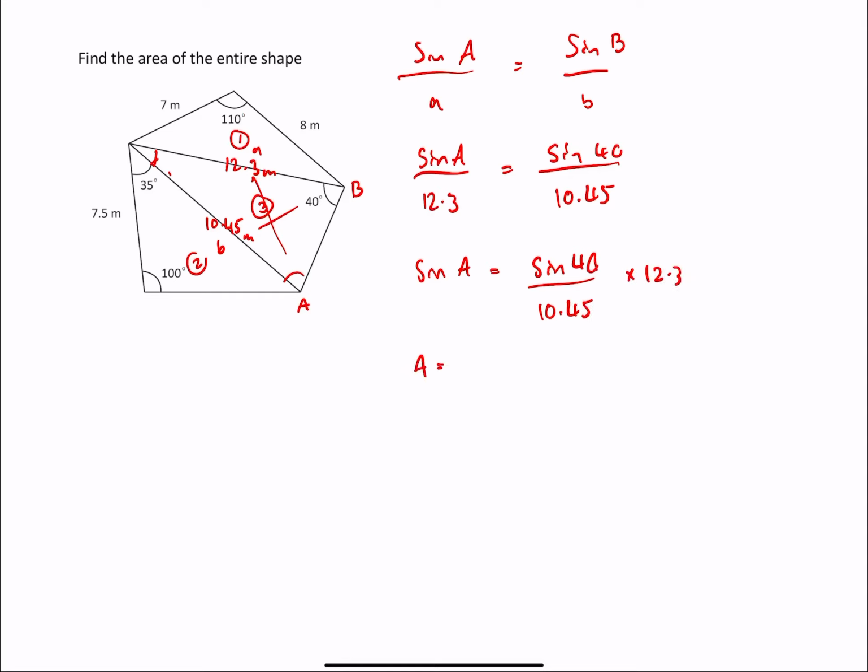Then do the inverse sine to get the size of the angle. Okay, so again quickly on the calculator, inverse sine of 40 over 10.45 times 12.3 equals 49.16